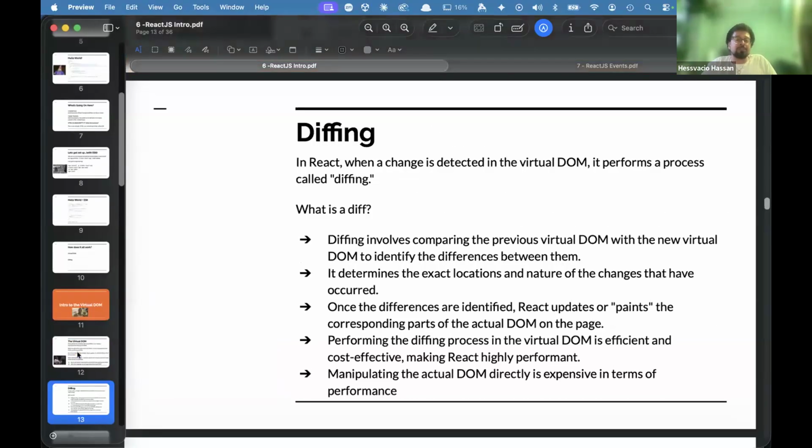So again, let's go into diffing. React really detects the changes with this whole diffing process. It involves comparing a previous virtual DOM with the new virtual DOM, like what I mentioned there. The idea is, once you make a change to the state of your app using your state,